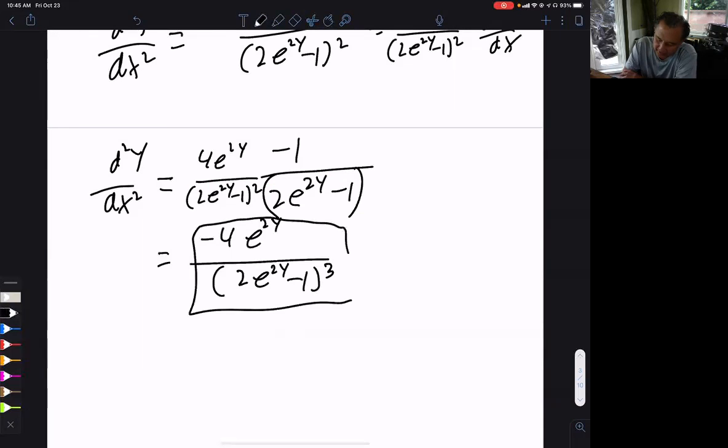Cube. Bam. That is, I like that problem. It is beautiful. It ends up being very